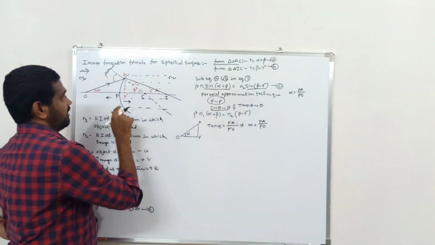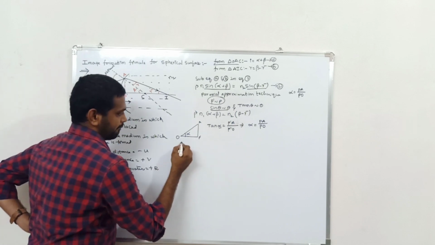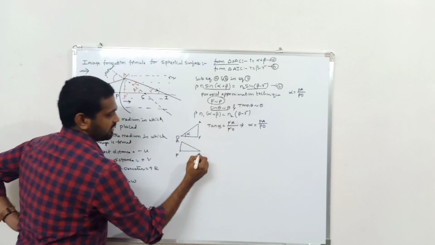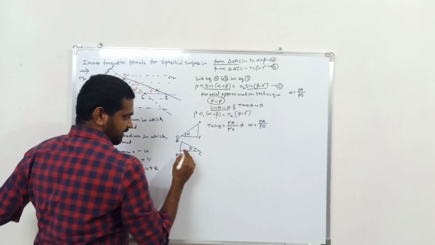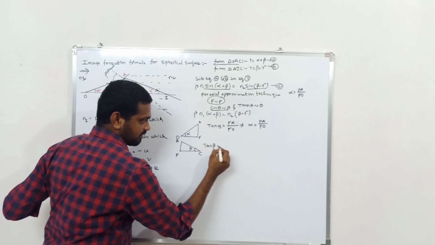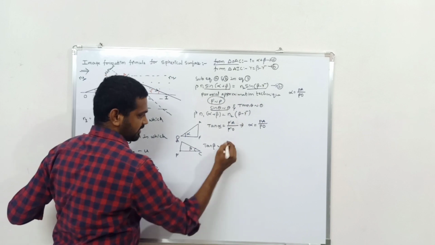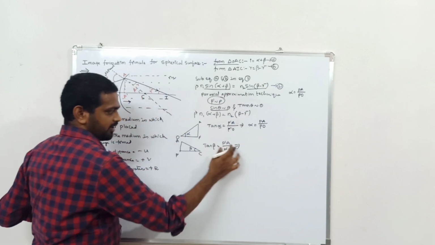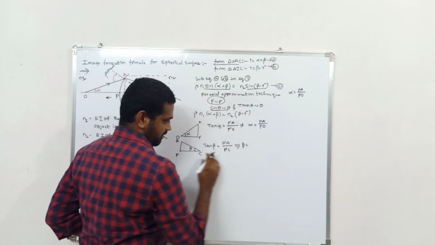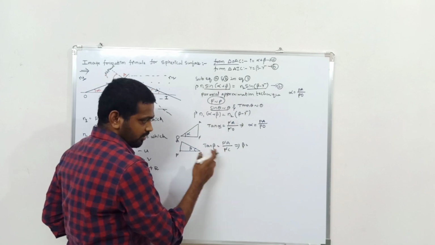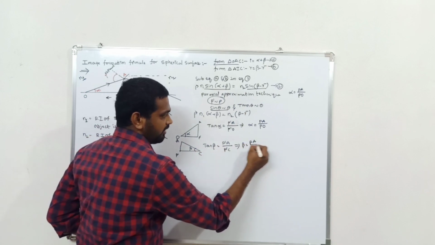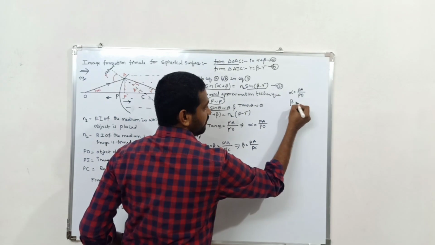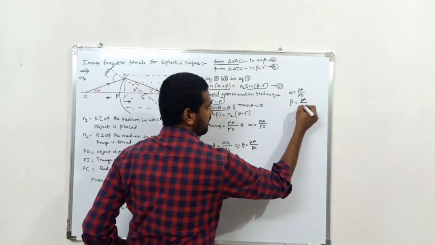In the similar way, in the right angle triangle P dash A C, the angle at C is beta. Tan beta can be written as opposite side by adjacent side. So you should write P dash A divided by P dash C. Now I am applying the paraxial approximation technique. In place of theta you have beta, so beta can be written as PA divided by PC, and moreover P dash can be approximated to P. So beta you got as PA divided by PC.